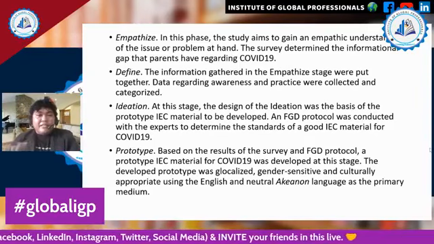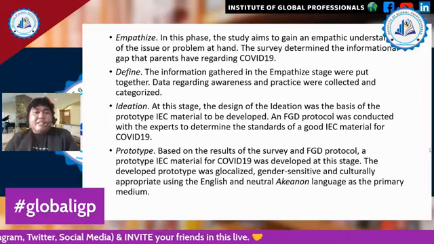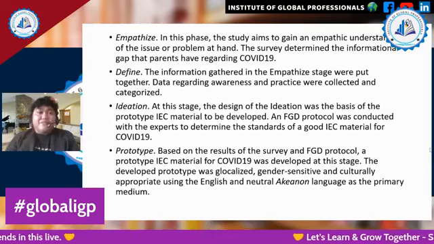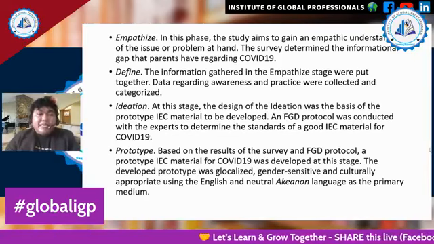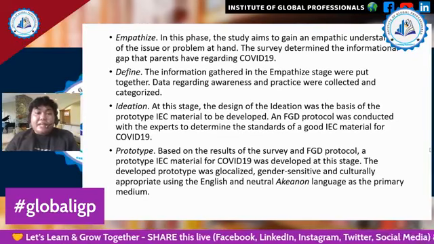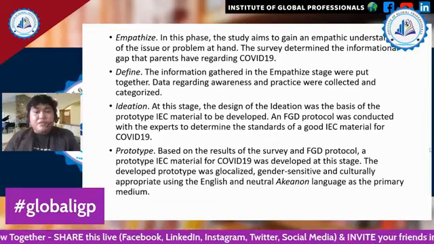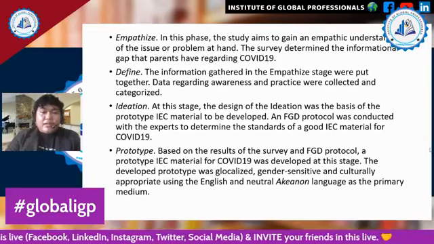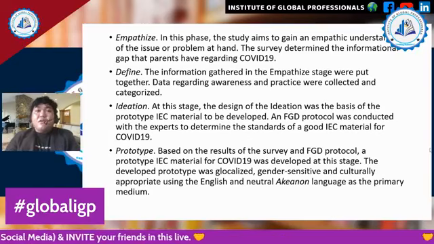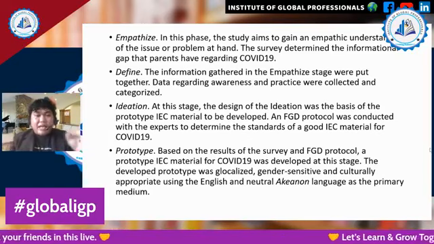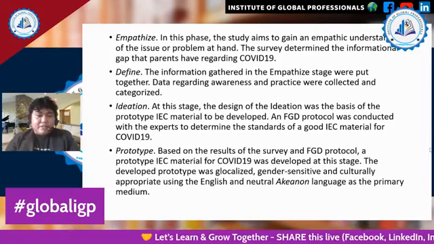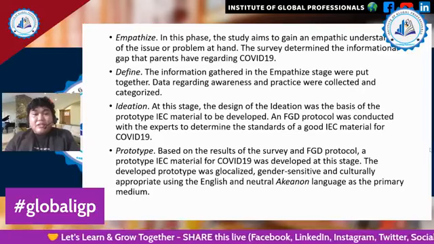Then later on, in the define stage or phase, the information gathered in the empathize were put together. Take note, it's both qualitative and quantitative data. In the ideation process, the design of the ideation was the basis of the prototype IEC materials that were developed. So, FGD protocols were conducted with experts and some parents to identify what would be the best. So, as I mentioned, we are co-creators of the design. So, in the prototype, based on the results of the protocols and the survey, an IEC material was actually developed,